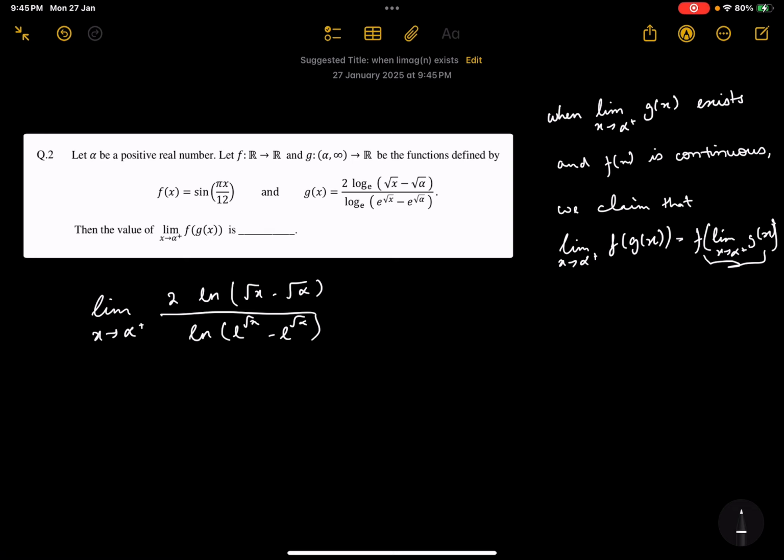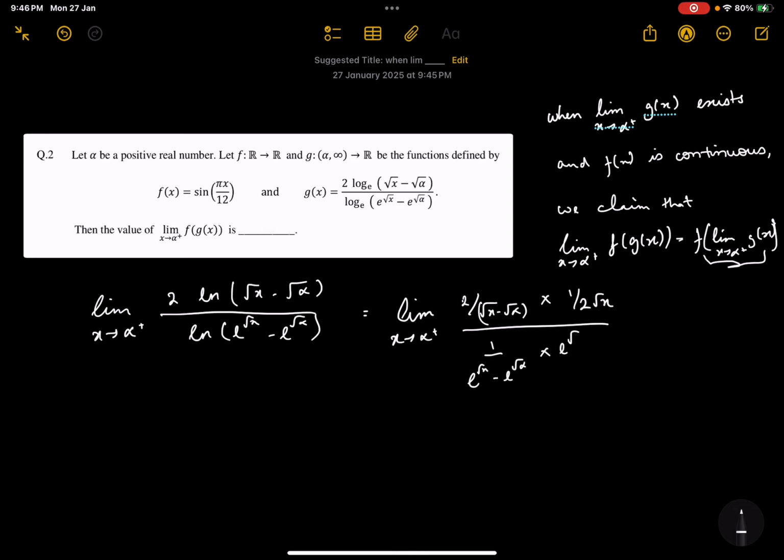For which we'll apply L'Hopital's rule. So that says this limit is 1 by 2 root x divided by, so 1 by 2 root x gets cancelled out from numerator and denominator, and we are left with